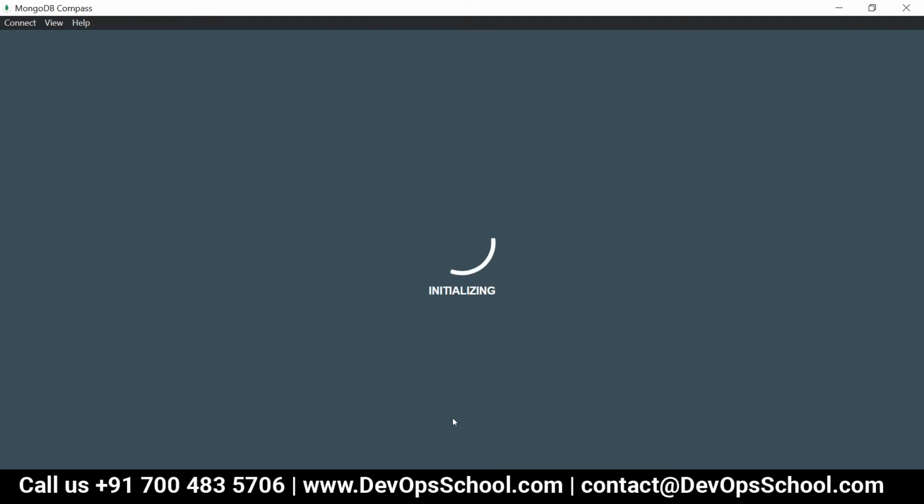People, have a look over here. It's initializing the MongoDB Compass. People, have you worked with the SQL Developer? Yes, we have.